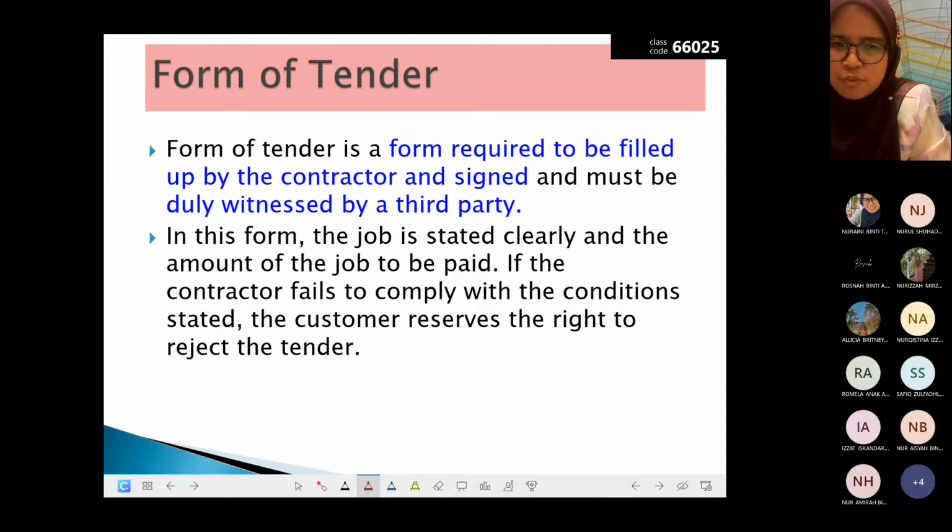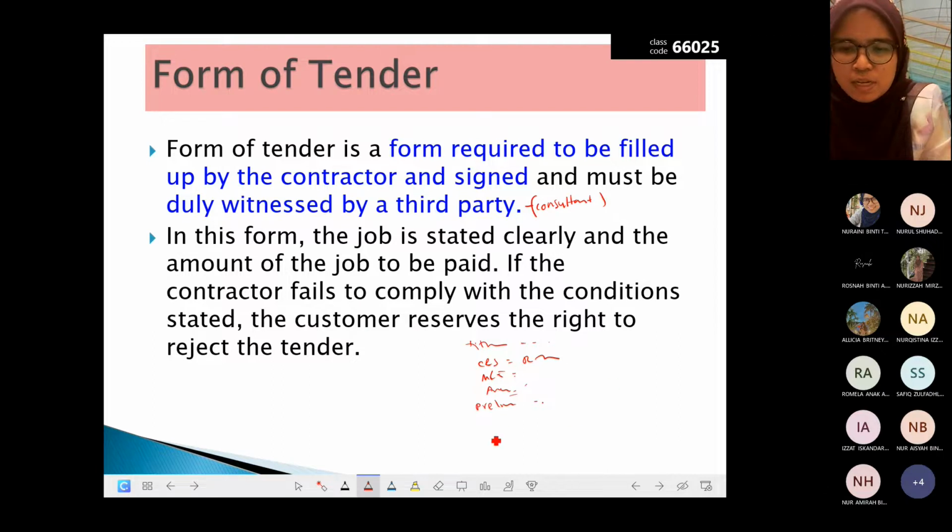Okay, then we have form of tender is a form required to be filled up by the contractor and signed and must be duly witnessed by a third party. So the third party will be by the consultant. Okay, form of tender ni dia akan bagi summary lah, cadangan, contoh title apa kan. Cadangan membina. Okay, lepas tu the summary of the work. CNS, berapa price dia. Okay, MNE, arkitek, okay, apa lagi, prelim work, semualah berapa total kan,